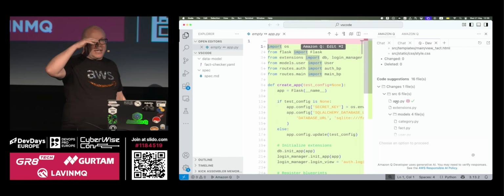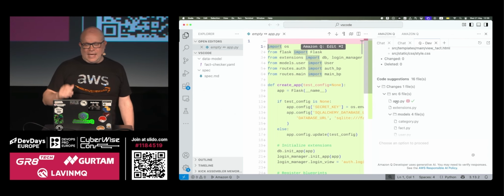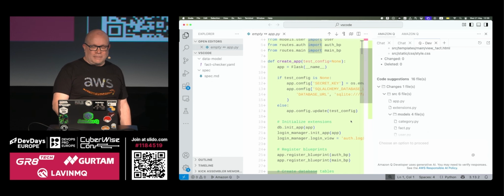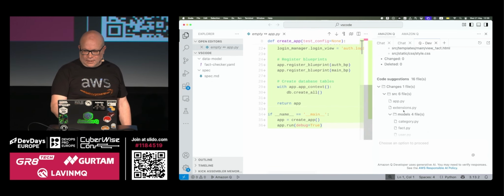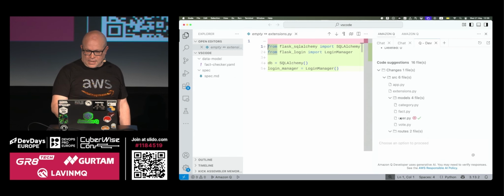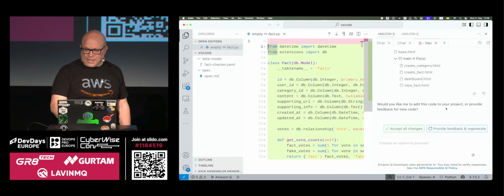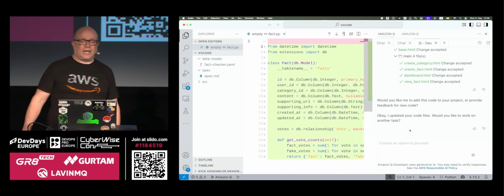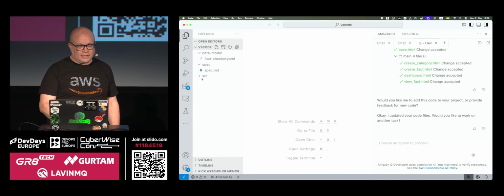I try and go through that process because it's light enough that I can do it quickly. Based on my knowledge of the programming language, I'll say that looks okay, that looks okay, that looks all right. So I'm going to give it feedback, say that looks okay, and accept the changes. Now I've got code in my repo that's been created